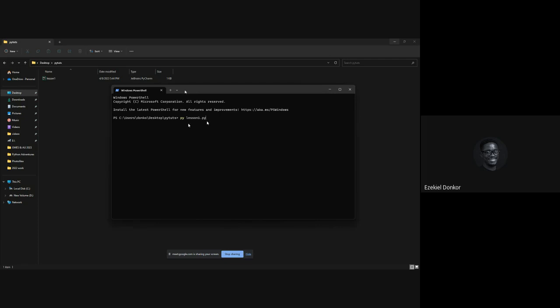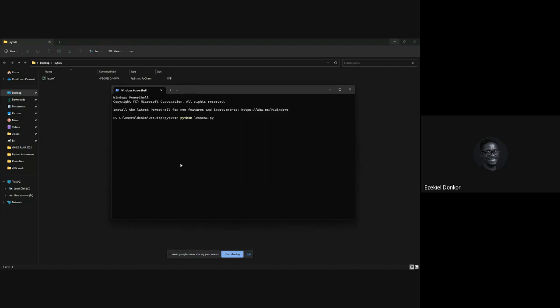Do you have this typed out? So we're going to say py space lesson1.py, or we're going to say python. So you could use py or python to invoke the Python interpreter, right?